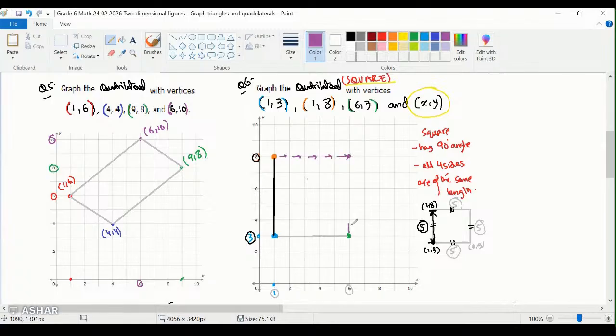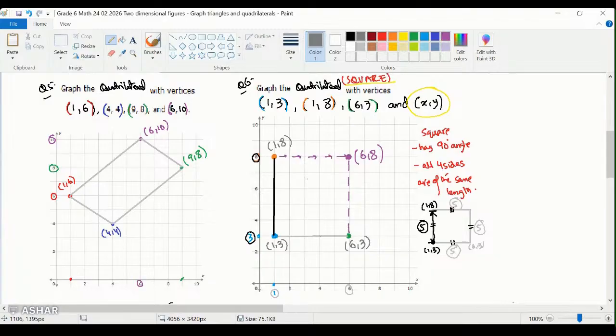And we go 5 boxes from here. So can we say this is the final coordinate, and the value for this coordinate would be 6 comma 8, because the other 3 coordinates were already given to us. 1 comma 3 was given to us, 1 comma 8 was given to us, 6 comma 3 was given to us. But since this was a square,